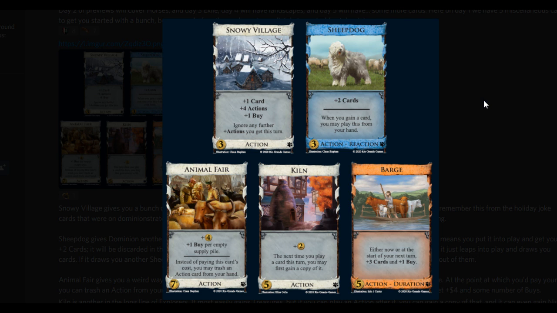But let's move on to Sheepdog, which is the next card, which is just a 3 cost action reaction, which gives you plus 2 cards. And then the reaction bit is when you gain a card, you may play this from your hand. So the first thing to note is that the most common time that you're gaining cards is when you're buying cards. After you buy a card, you gain it. At that point, playing Sheepdog does not help you very much